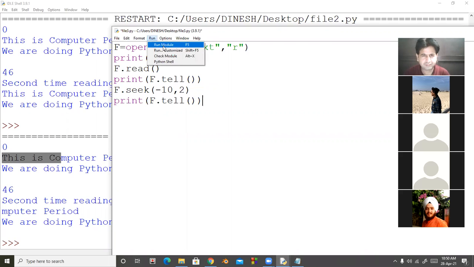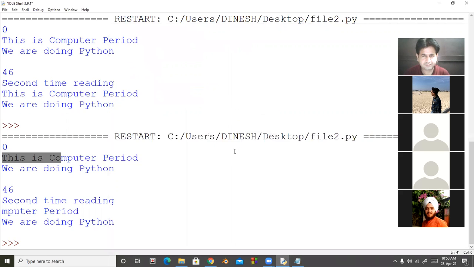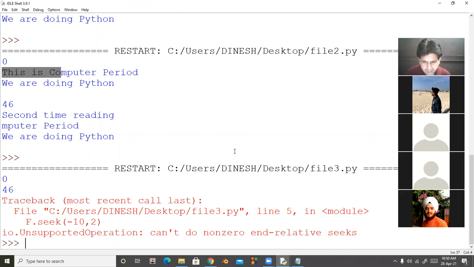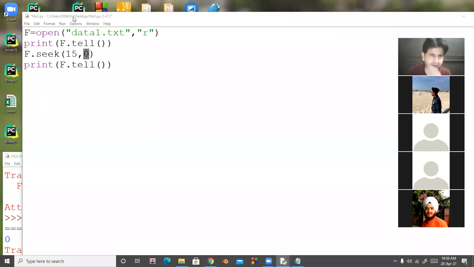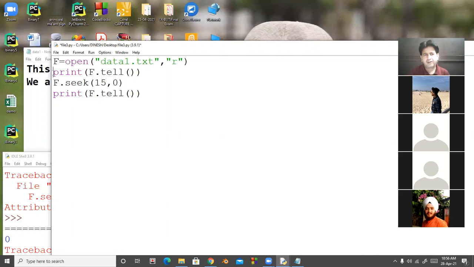So I am running the program. Wait, there is error. So look at here. We open the file, and with the help of tell, we display the location that is 0.